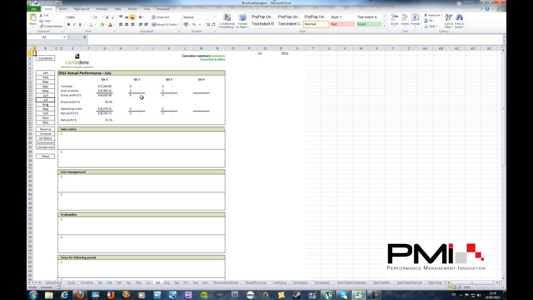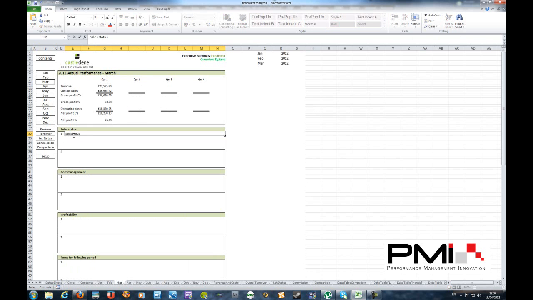Obviously this will only update as you're filling the data in, and the data is coming from your branch level dashboard, so as I've mentioned before, there's no data input whatsoever within the brochure dashboard. It simply links to your branch dashboard and pulls that information in. So as you move through here, we can see we've got a bit of data in there for the February one. In March, for example, we could put in here